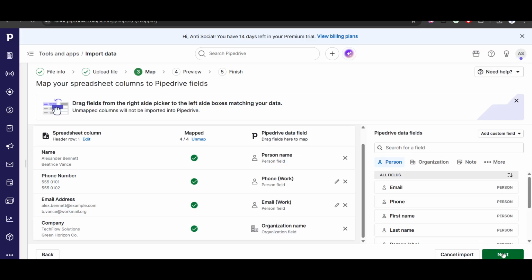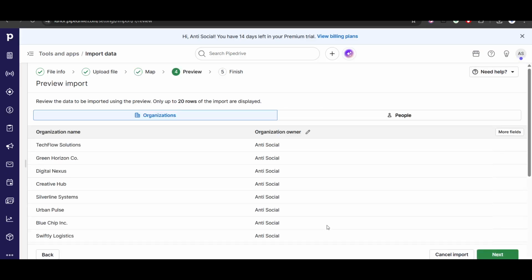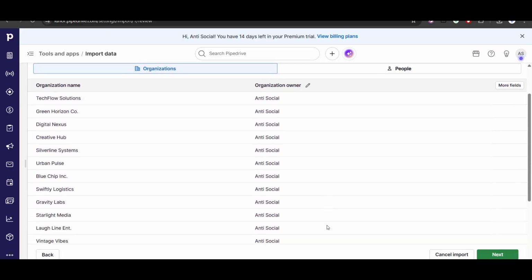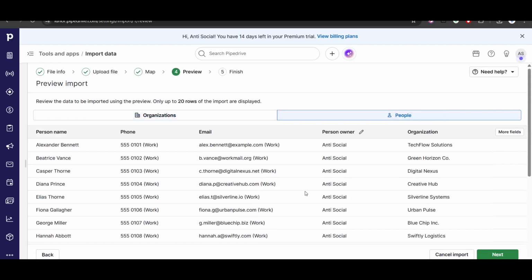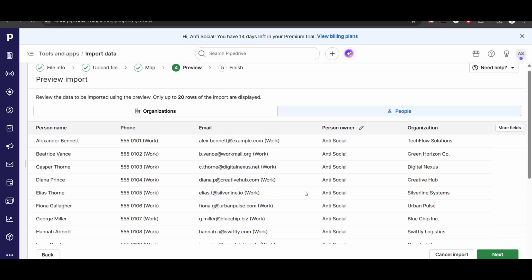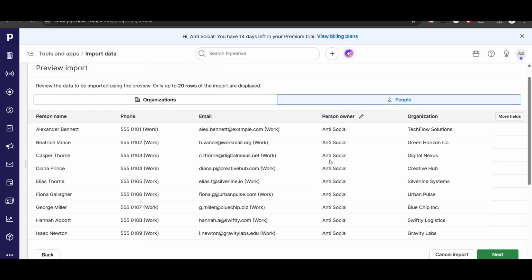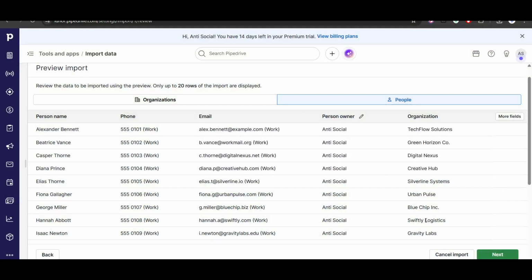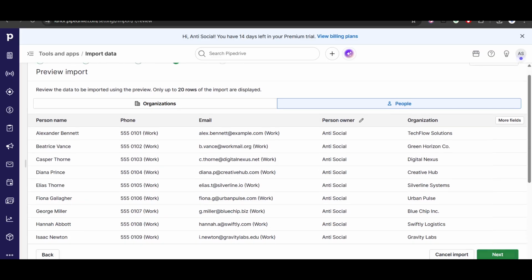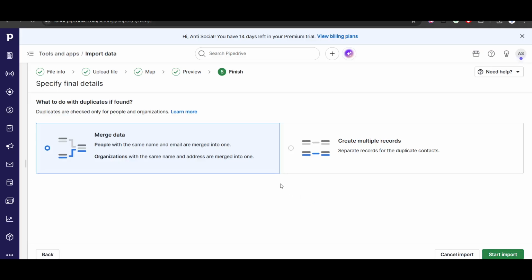Once it's done, just go ahead and click on next, and then you will see the preview. We have the organization, the organization name and all that stuff. In the people, we have the email, the phone number, and the owner, because I'm the owner. I don't have any person attached in the team, so I'll be the owner myself. But if there's anybody in the team, I can obviously assign these contacts to them. So these are the organization details. Just go ahead and click on next,